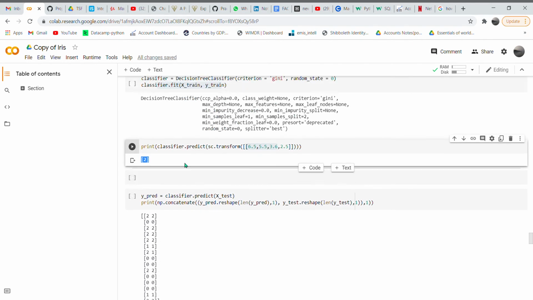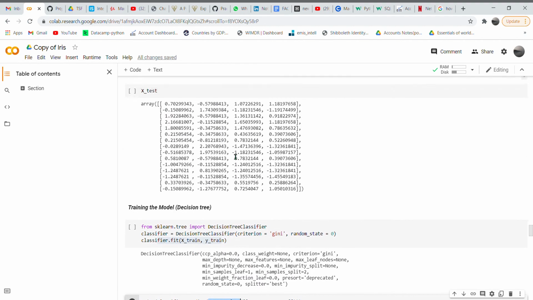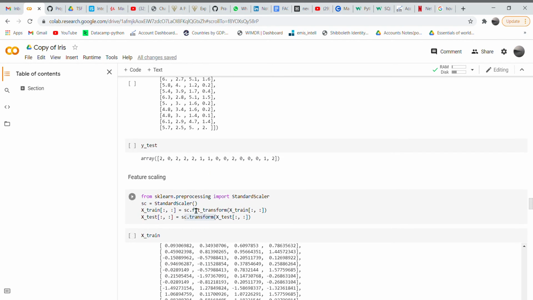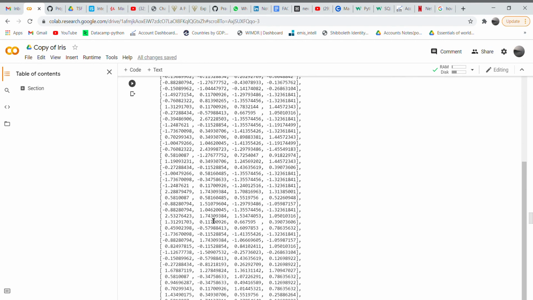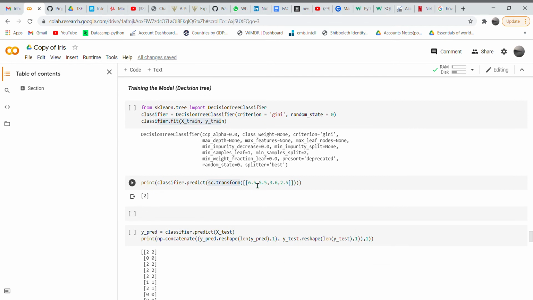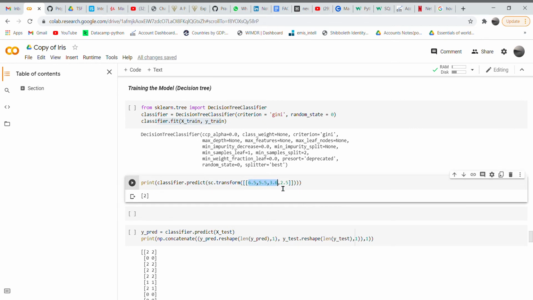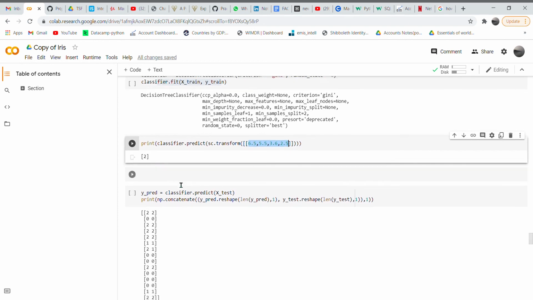This is the single prediction way which we can do. This SC transformation which we can see here from this algorithm, we have to again transform the whole input variables, that is the independent variables, to certain standards, so that it can be used to predict the output, the target variable especially.